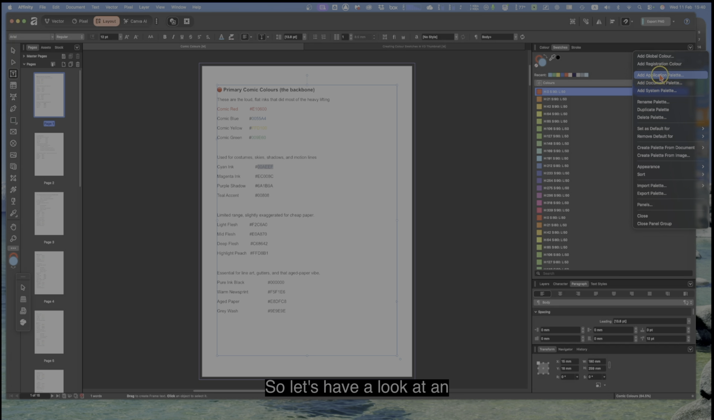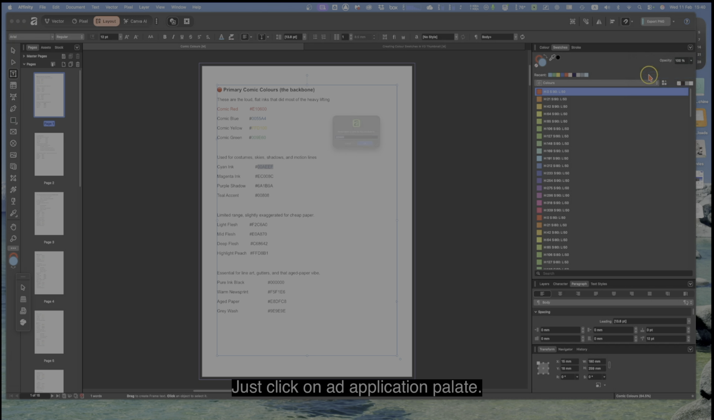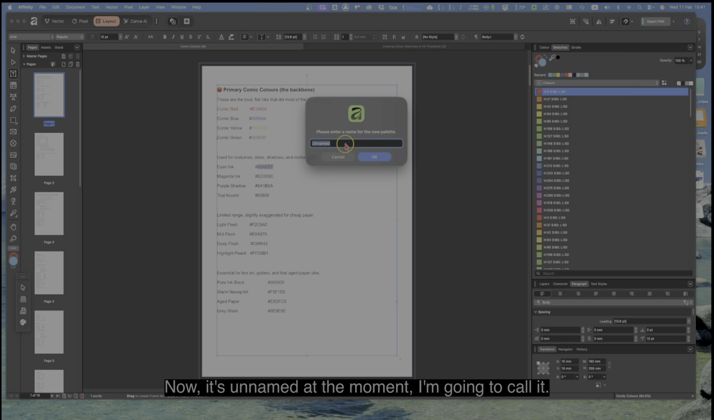So let's have a look at an application palette, which is available to you across any Affinity program, any of the Affinity apps, because you don't want to have to create a new document palette every time you create a new document. So let's add an application palette. Just click on Add Application Palette. Now it's unnamed at the moment, but I'm going to call it